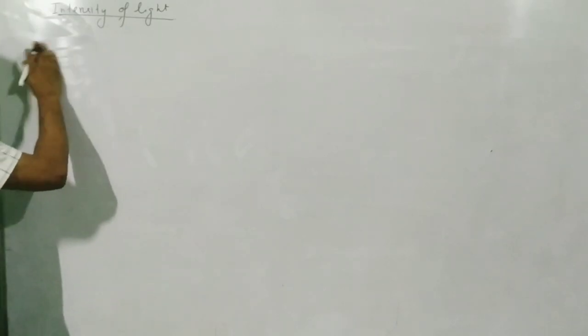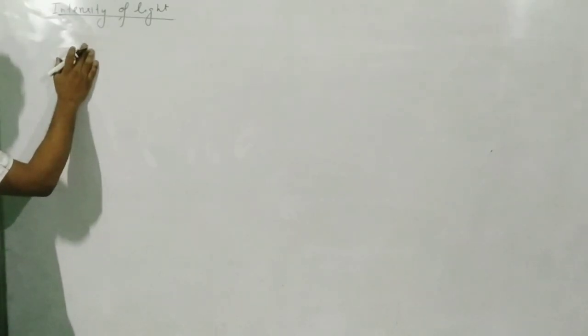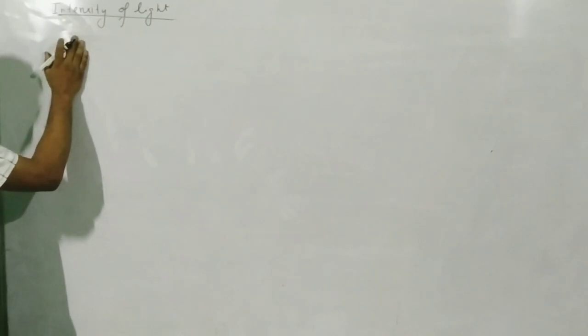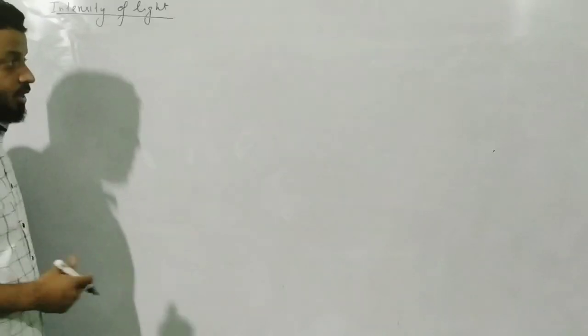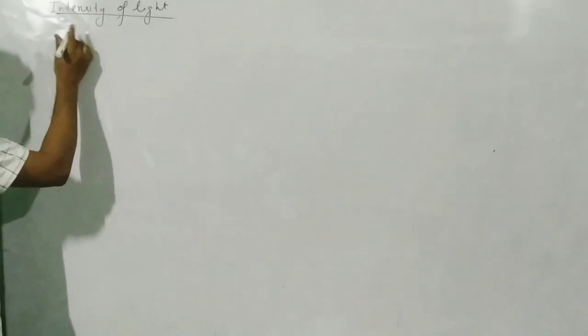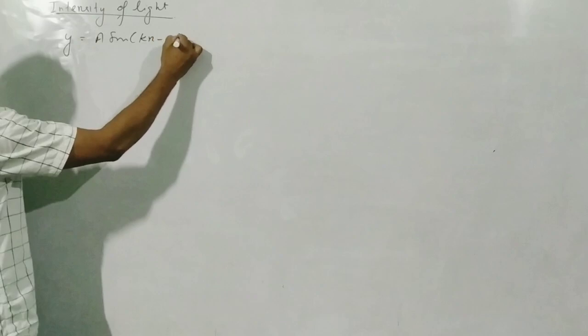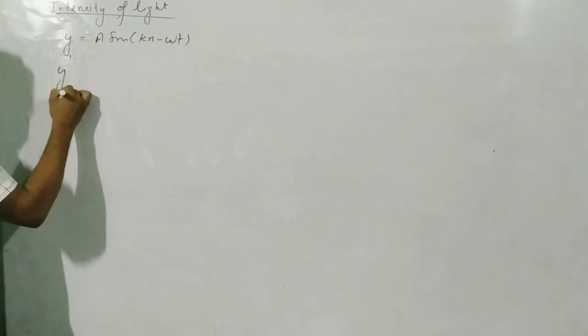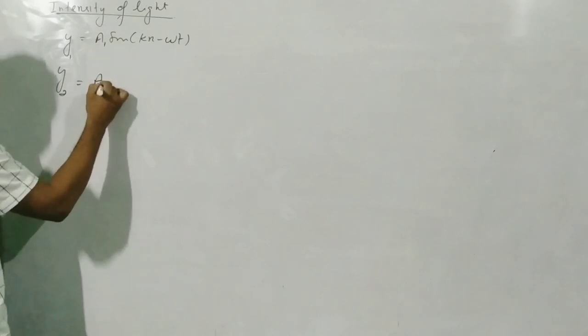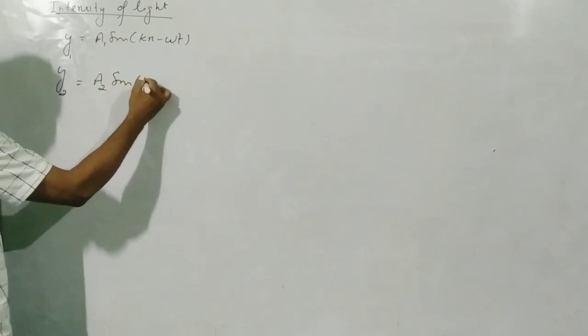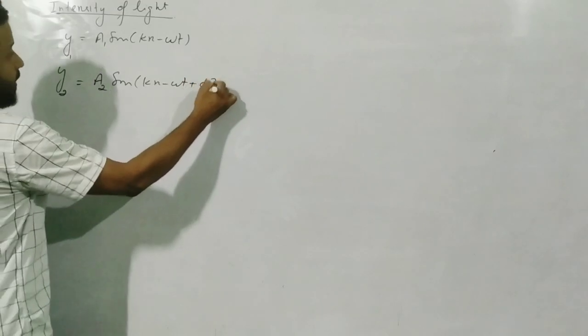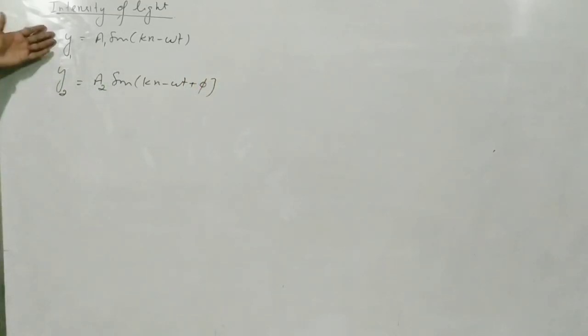Let us say you have two waves. How does the wave equation look? I am going to use the wave equation here, but the y which I am going to write does not represent the y on the screen which we have measured. I am just writing a wave equation. From class 11, the wave equations are like this: y1 equals a1 sin(kx minus omega t), and y2 equals a2 sin(kx minus omega t plus phi). What is phi here? Phi is the phase difference between y1 and y2.